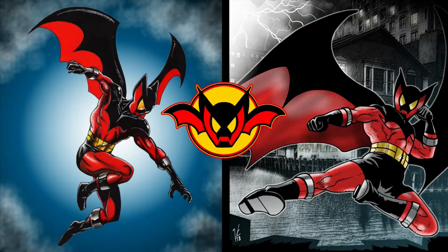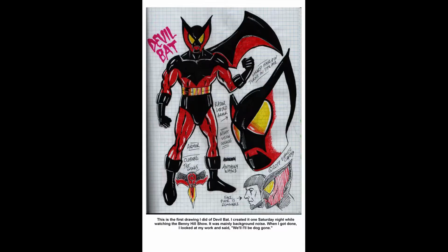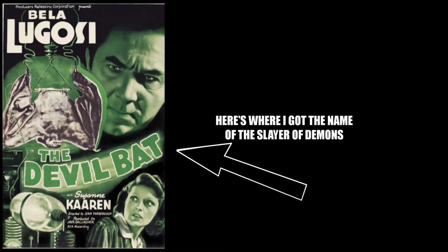Here's some drawings here of the Devil Bat. The one on your right is the cover to number 3. The first one is the cover number 1. This is the first drawing I did of the Devil Bat, the one I was talking about earlier. This is the influence for the name,